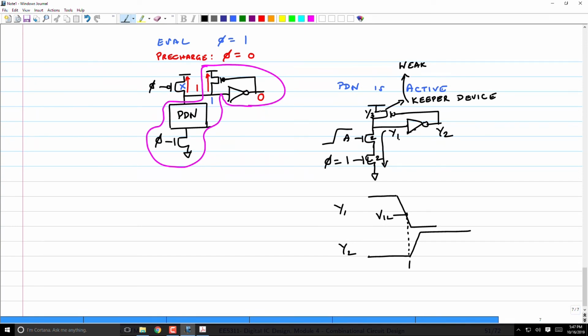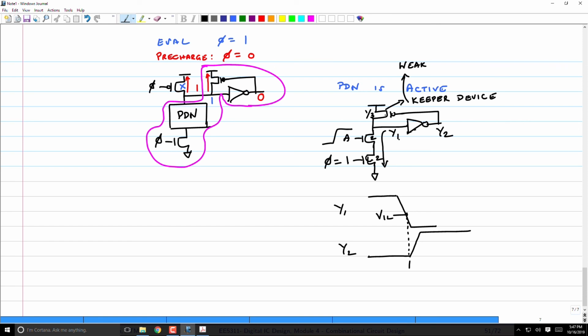The idea for a weak keeper is, instead of allowing it to float, you weakly hold it up. That is enough. Then I can slow down my clock. Even if there is some noise coupling, nothing will happen. Question is, can I make a transistor with size 1/3? For the logical effort discussion, it was okay, because whether it's 1/3 or 1, it doesn't matter as long as the relative sizes are okay. But in reality, if I want a transistor with 1/3 and that's not possible, then what do I do?